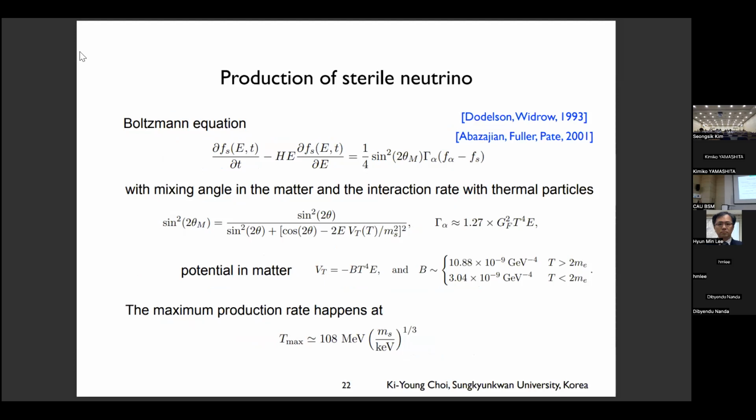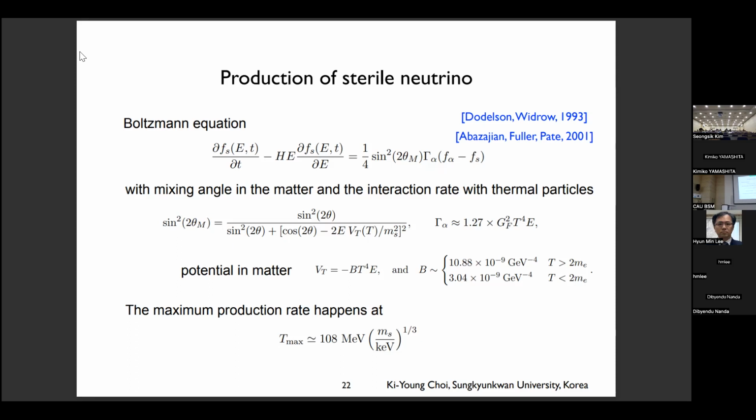Basically, we have to solve this Boltzmann equation for the sterile neutrino. f_s is the distribution function of the sterile neutrino. The second term with H is due to expansion. The right-hand side has sin squared 2θ, where θ is the mixing between the sterile neutrino and the active neutrino. It's proportional to the mixing. And Γ is the production rate of the active neutrino. So the active neutrino is produced, and due to mixing, the sterile neutrino number density is produced. And this mixing actually depends on